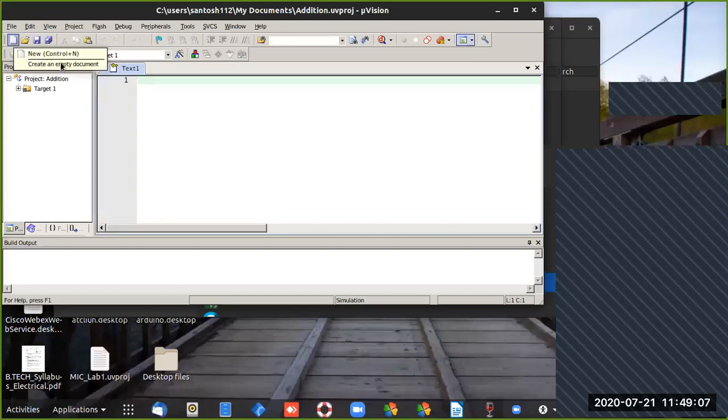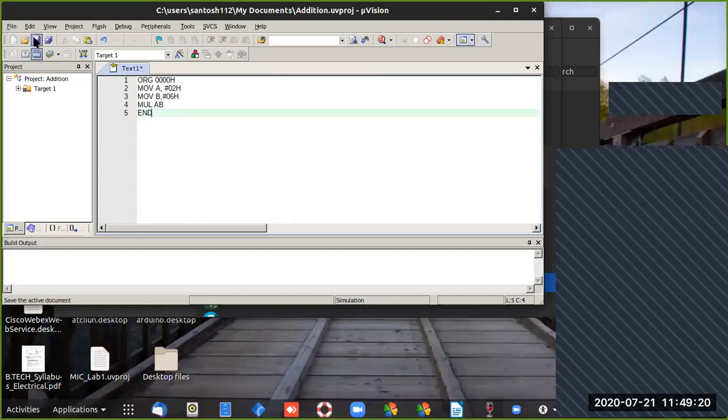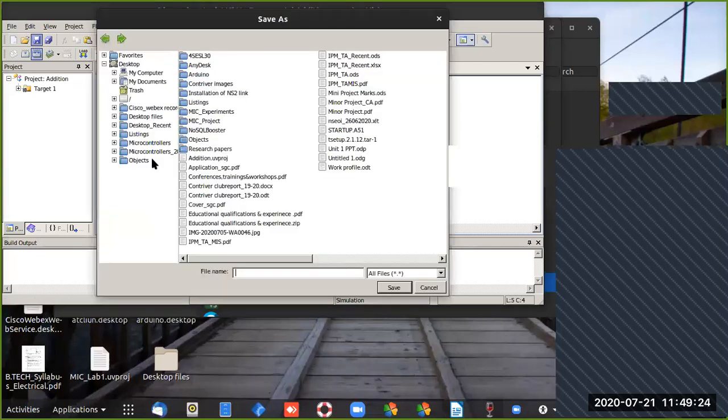Then here I have to write the code of addition. So this is written in assembly. Then you have to save it. I'll put the name as addition.asm file.